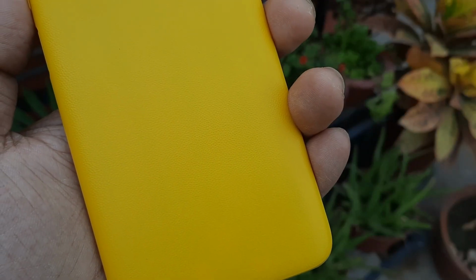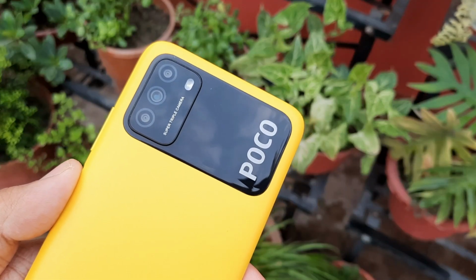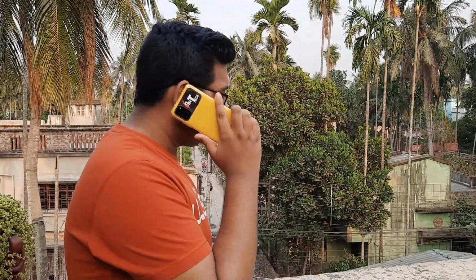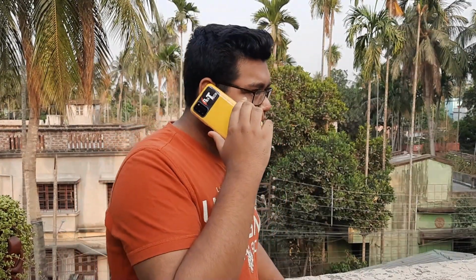Now let's talk about the build quality of this Poco M3. It has a plastic back, but it feels quite leathery, and the grip of the smartphone is also very good. The only annoying thing is this black glossy bar over there and the huge Poco branding. You can hide the Poco branding by applying a black tape on this like TechWiser, or just like me, putting my own YouTube channel logo on the Poco branding, because when I'm using the phone outdoors,